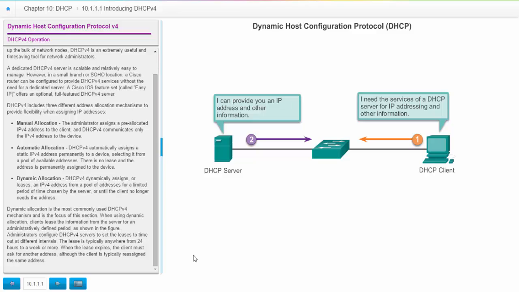You have automatic allocation. That is where your DHCPv4 automatically assigns a static IPv4 address permanently to a device. You're going to select it from a pool of available addresses. There's no lease and the address is permanently assigned to the device. Then you have your dynamic allocation. And what this is going to do is it's basically a lease. So we're going to lease our IPv4 addresses from a pool of addresses